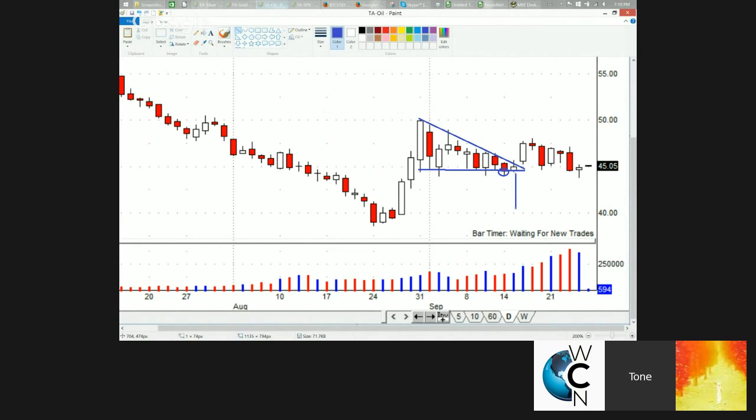It did come down, and again, we can now draw an even bigger triangle. And this is where, again, people can get in trouble, in that we broke it to the downside, but it didn't stick. So my outlook for oil is still bearish, but if you're wrong, it can cost you a lot of money. So I will be looking to go bearish again, but it's a very pricey endeavor if you're wrong, just like what happened to me over here.